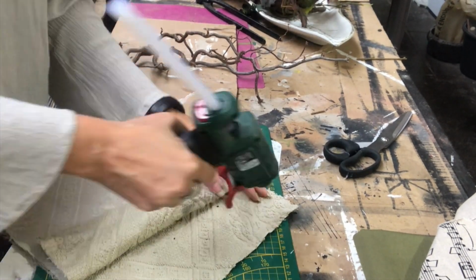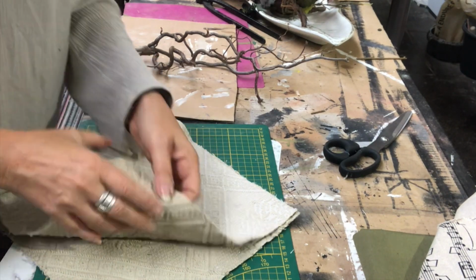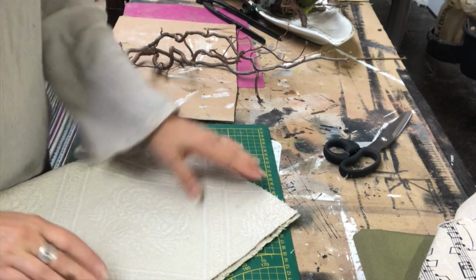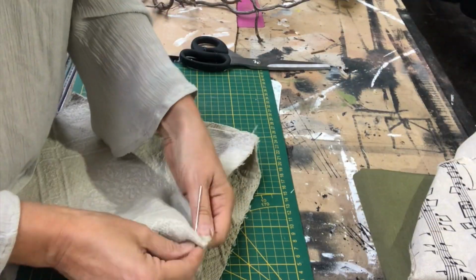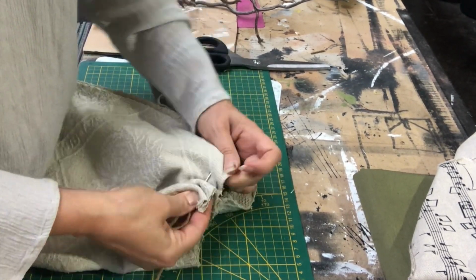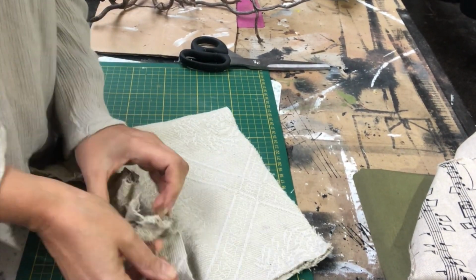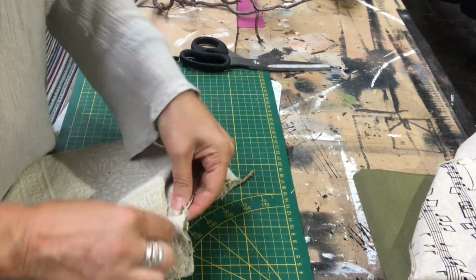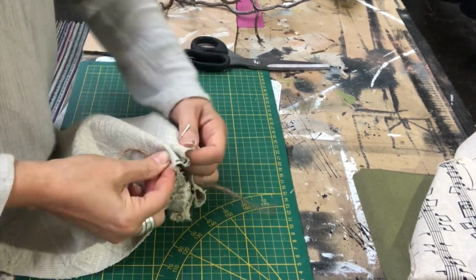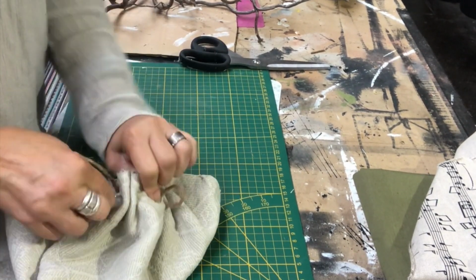Put the inside out and hot glue the ends together like you see me do here. I'm taking a huge needle and some jute twine and just stitching one of the ends of my little fabric piece there all the way around, and then I will tie a knot, a double knot, to secure it. I'm still inside out here,